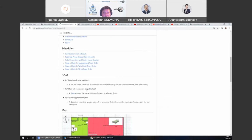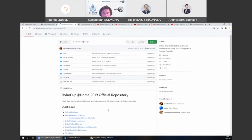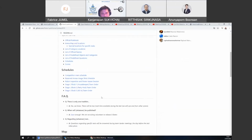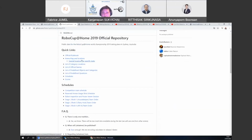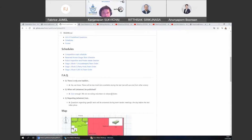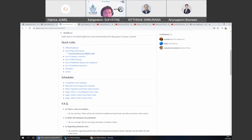to give the local information. For example, now I project the special part of the GitHub for the competition. There is something like 3 years. So we see here that we give information about arena and location. Here we can see how the arena was, because we need to share the same names with different people. So it's important that we have a place. This is the reason for this GitHub, in order to have the same name for different objects and so